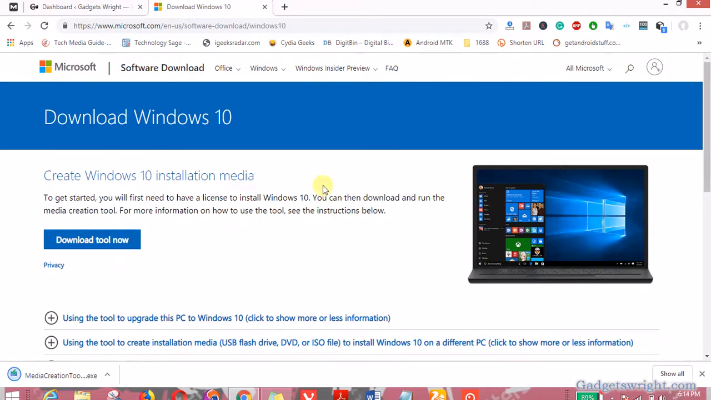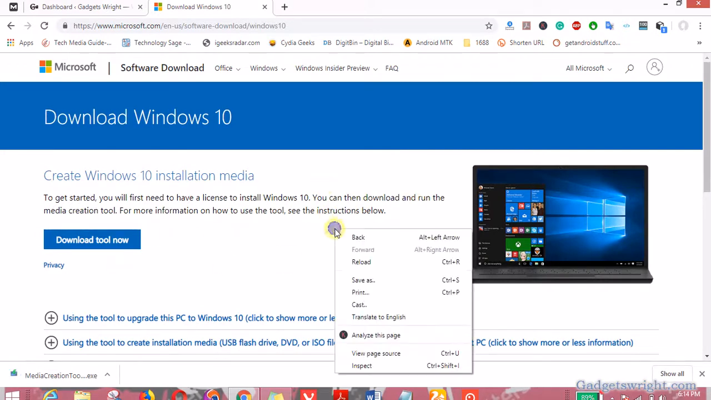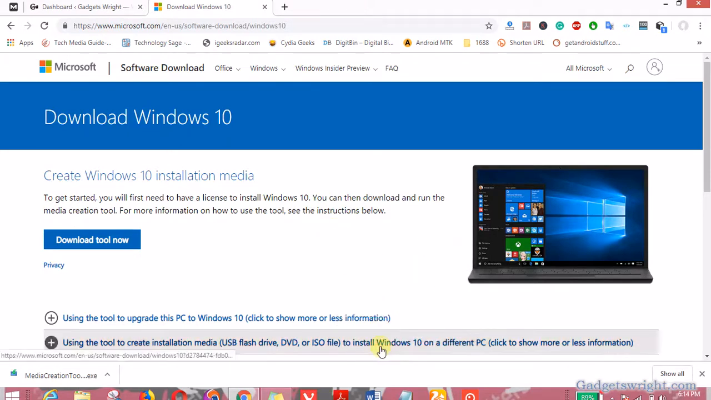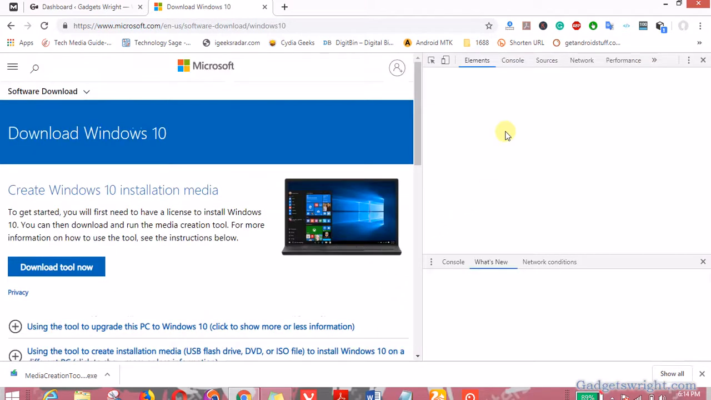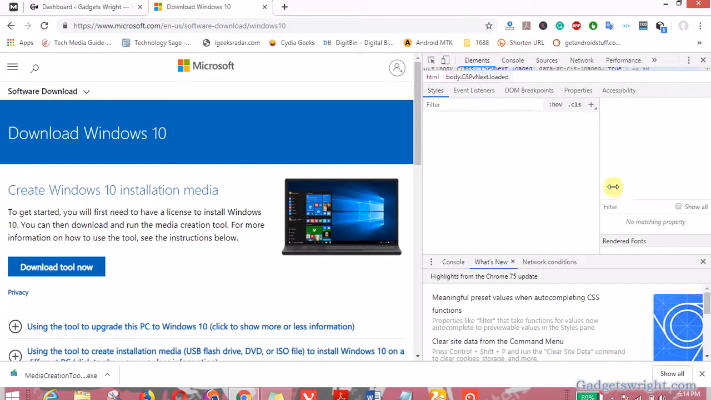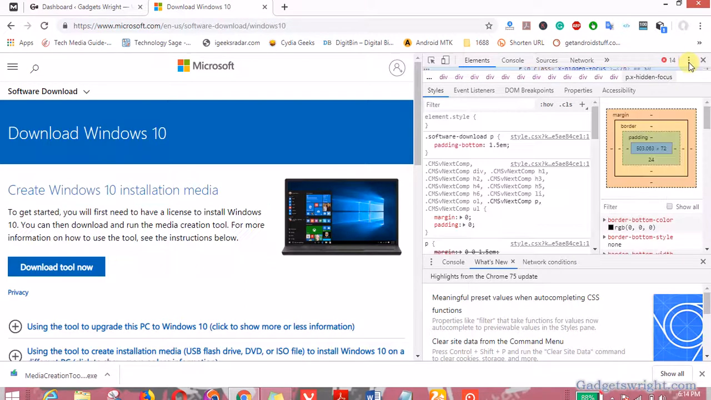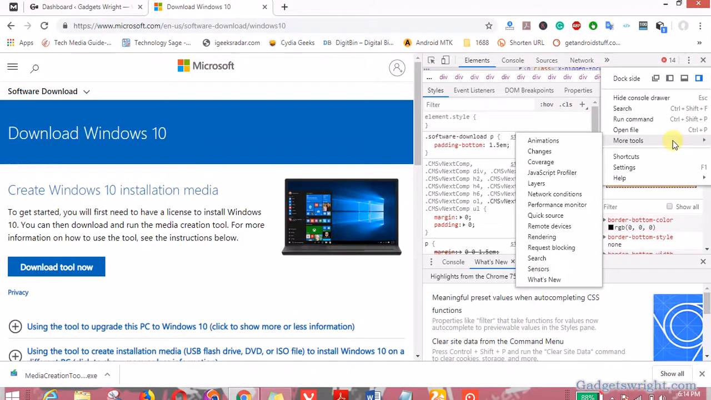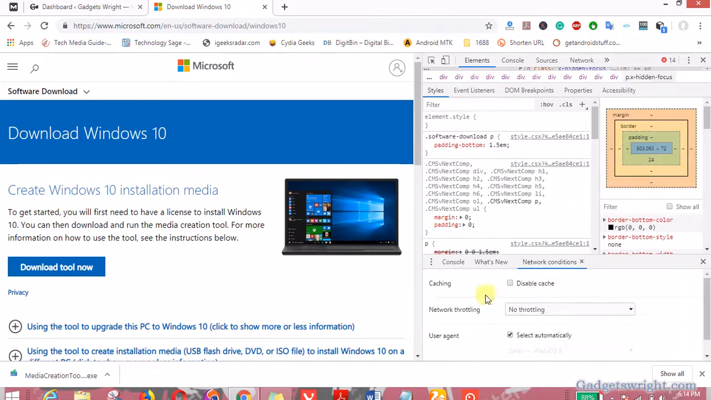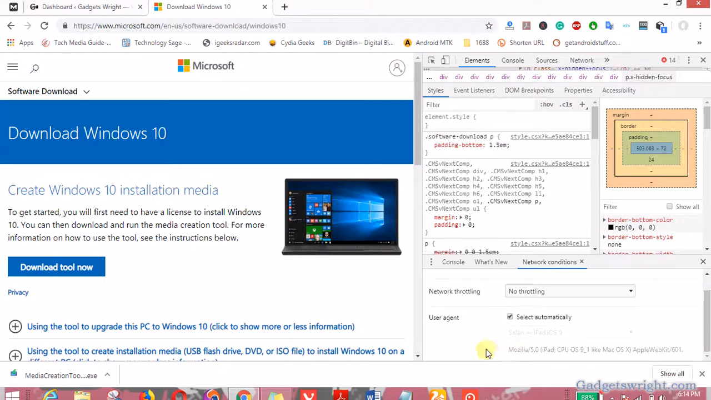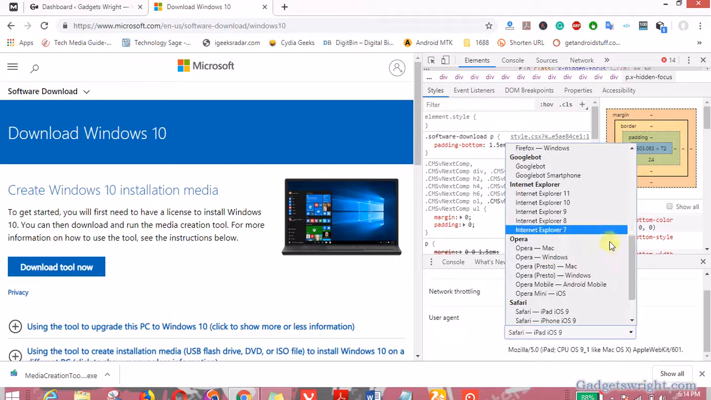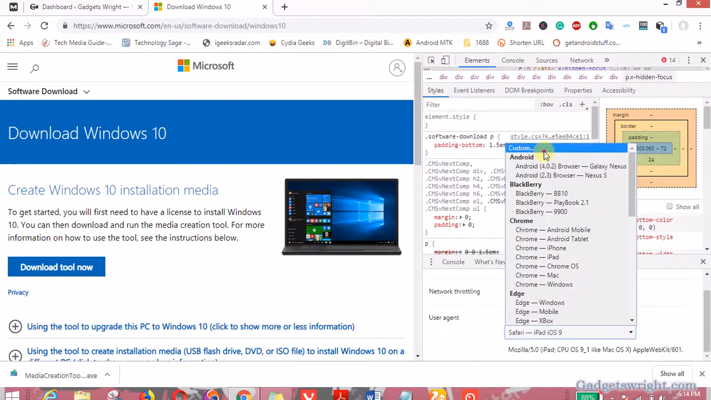When you are on the download Windows 10 interface, you just right click, scroll down to inspect element, or inspect, as the case may be. Now when you are on this interface, click on these three dots to the top right of your interface, hover your mouse pointer over more tools, and click on network conditions. Now another interface will come up. Now under the user agent,